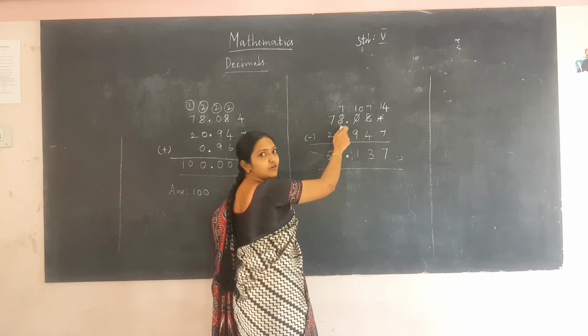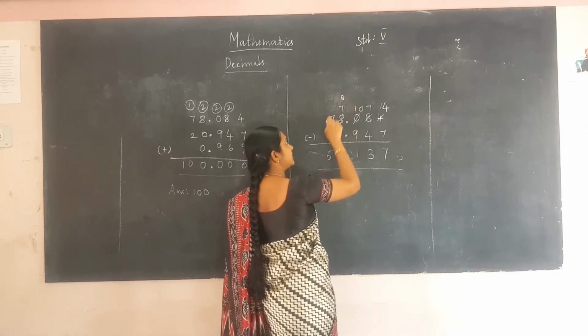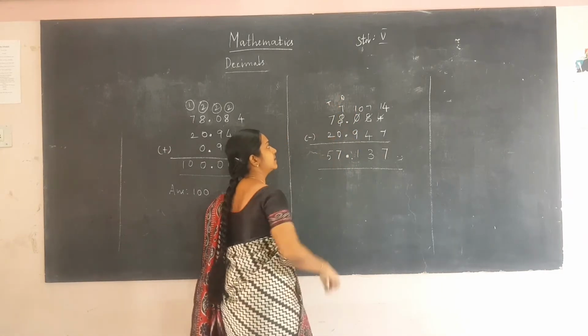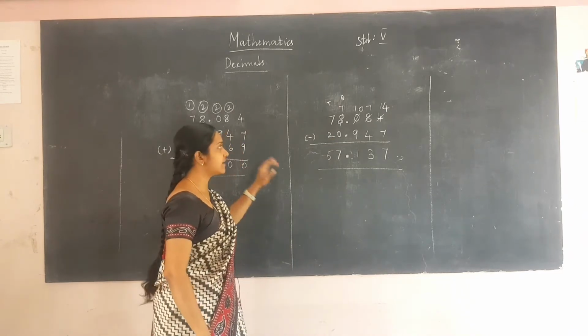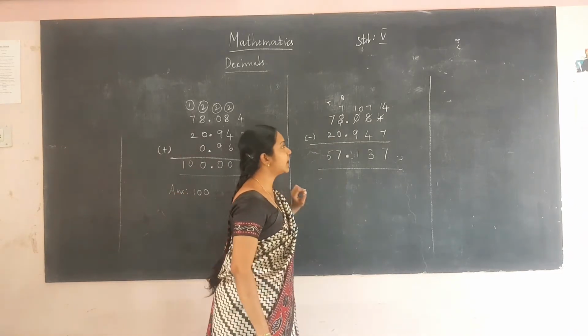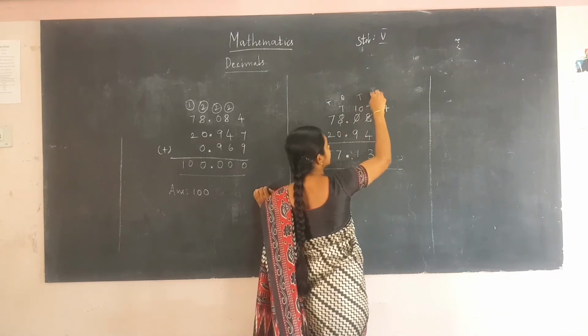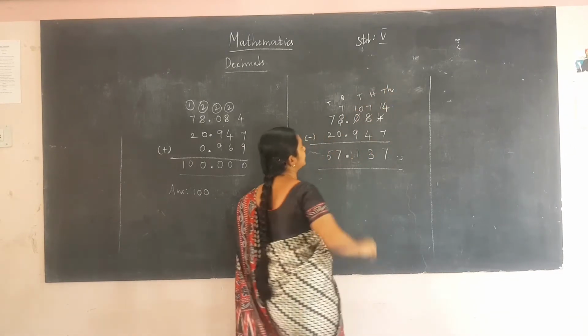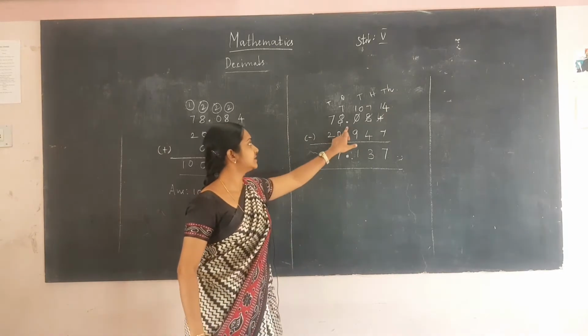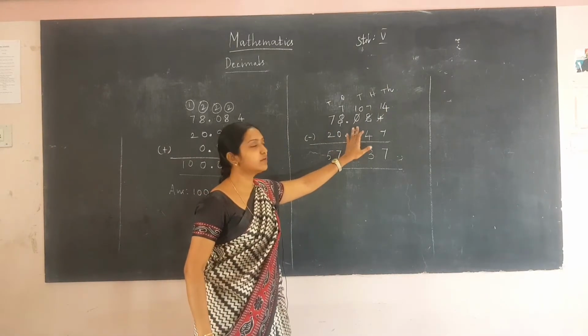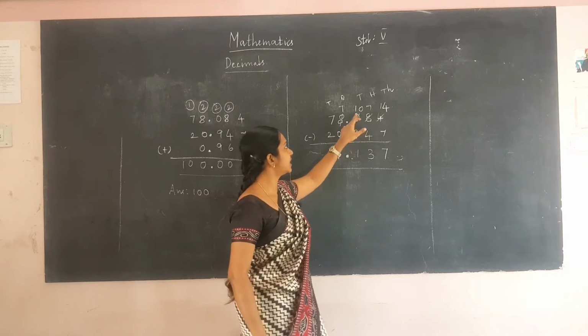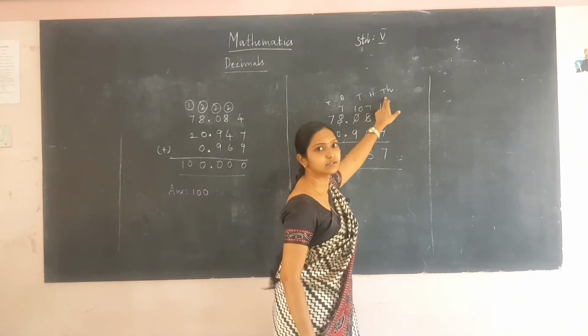The place value of 8 is ones and the place value of 7 is tens. But for the numbers after the decimal point, we don't have ones place value. Straightly we have tenths, hundredths and thousandths place value. After the decimal point, we don't have ones place. So we have to write it with tenths, hundredths and thousandths place.